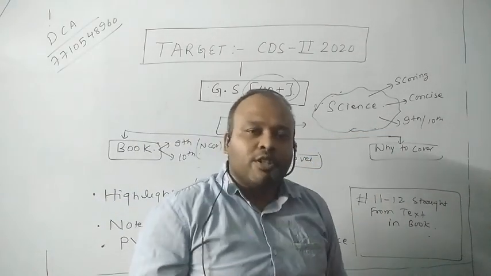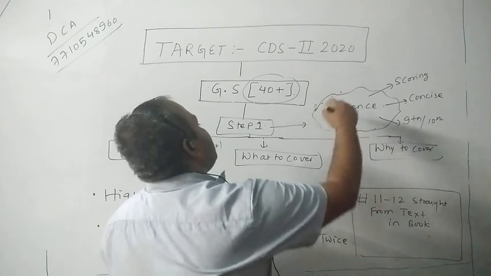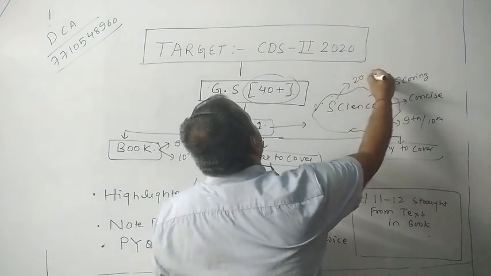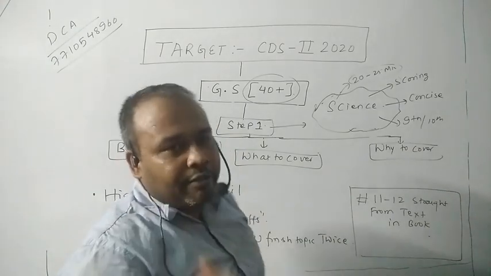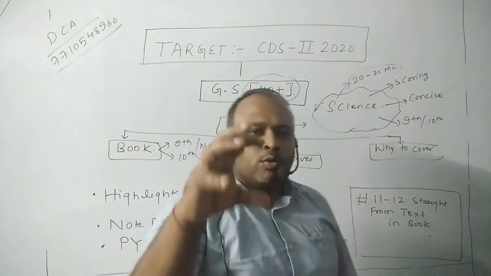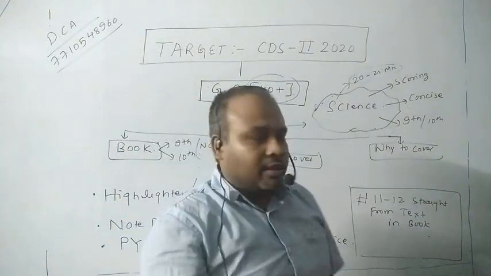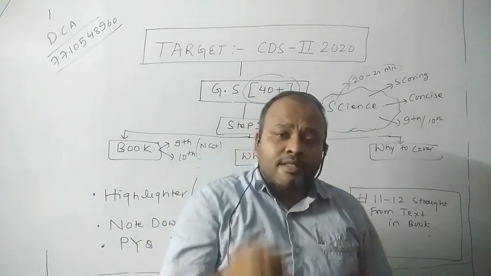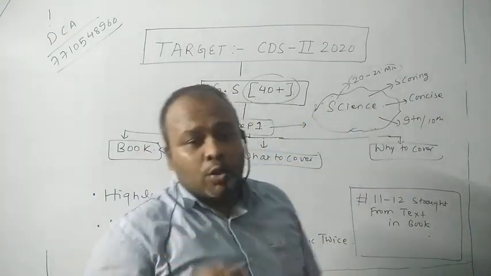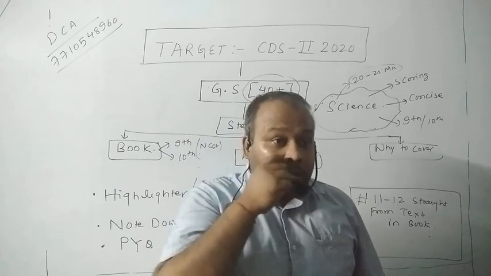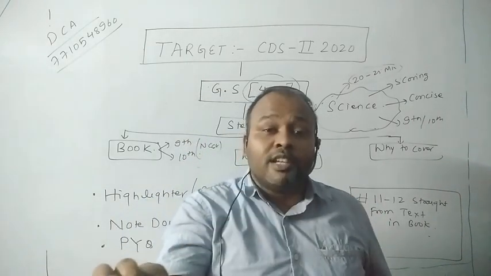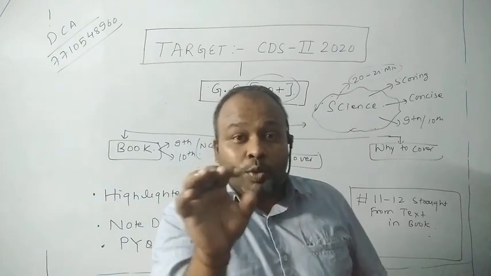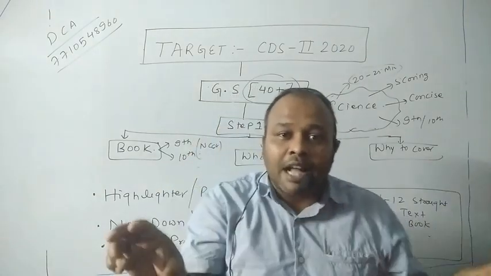Now what is the weightage of science? Approximately 20 to 25 minimum questions are asked. Indirectly it's 25 plus, but one or two questions become common between general science, environment and so on. So leaving doubts aside, I can say that a minimum of 25 questions you are going to get. Now, sir, can you tell me the exact number of questions that are ditto from NCERT lines? How many questions match the NCERT text or exercises directly?